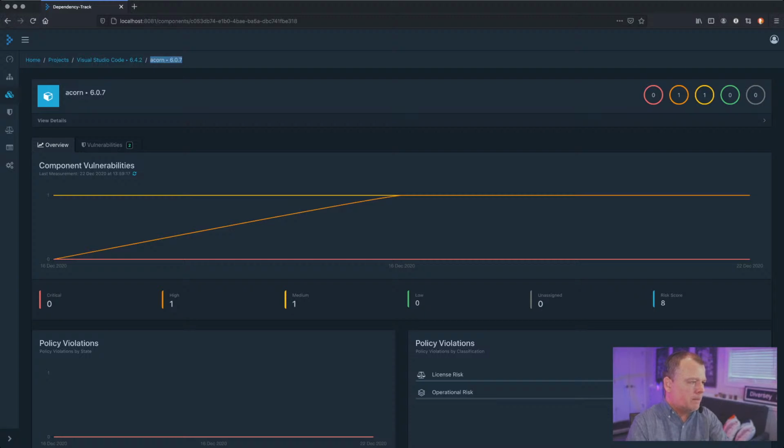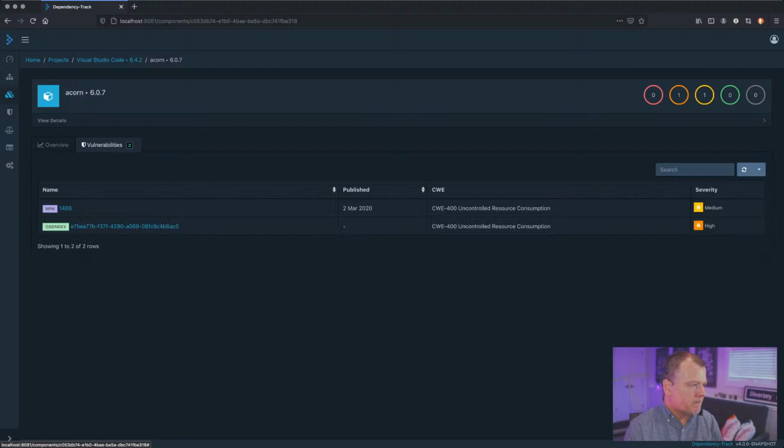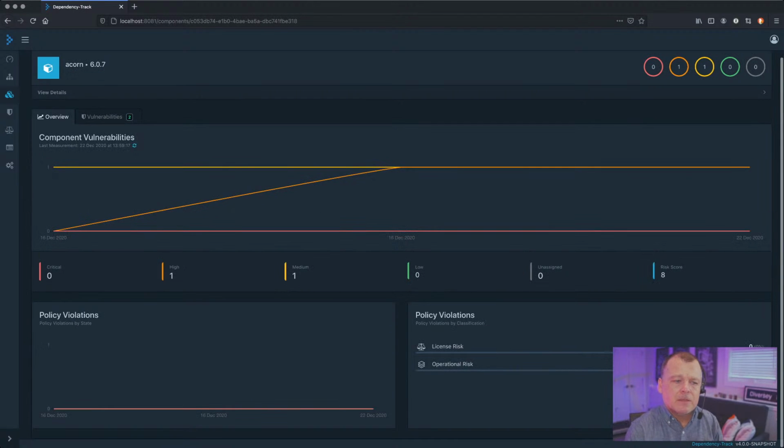Okay, so I can also look at the vulnerabilities for this particular component. Let's go back to the overview. You'll also notice that I've got policy violations and the type of policy violation. 4.0 includes support for license risk and operational risk. Operational risk being, I think it's, I don't know if age is part of that yet or not. It might be on the backlog, but operational risk does include